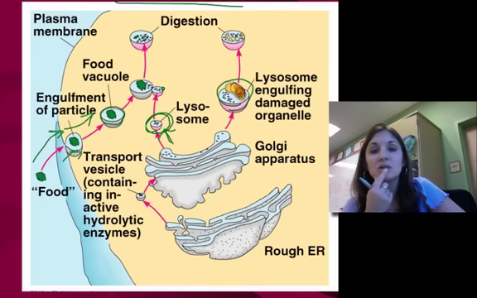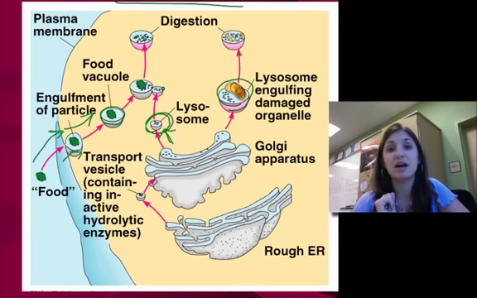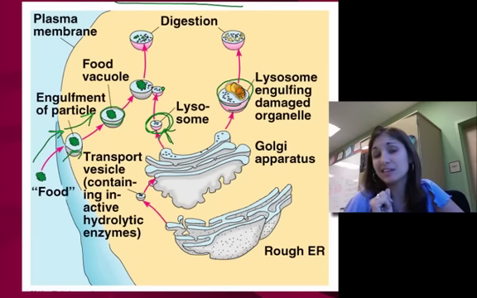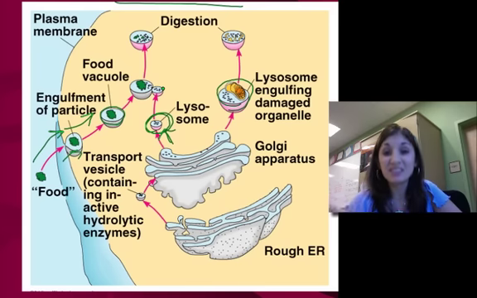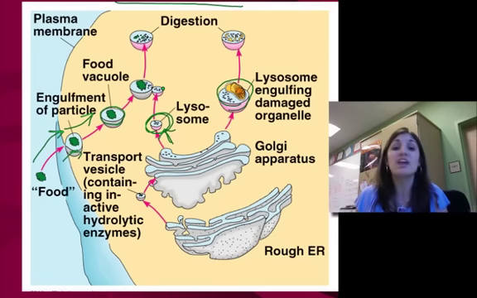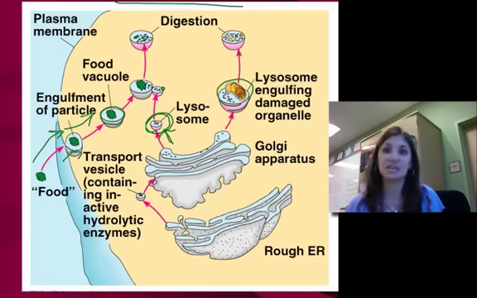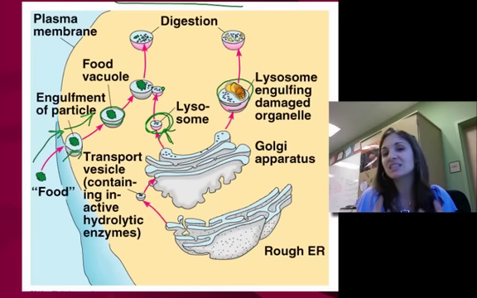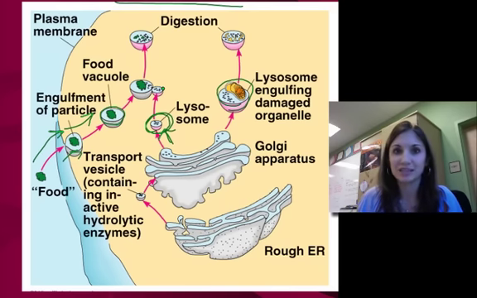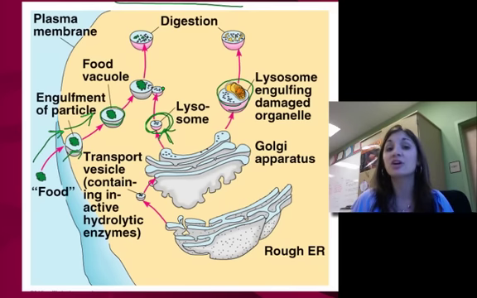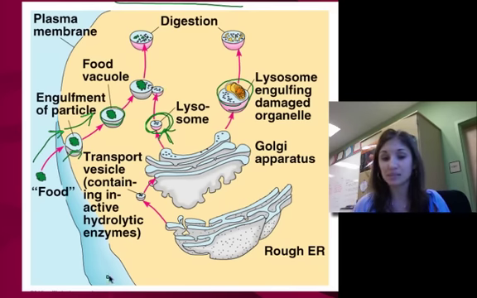So why is it important to have these vacuoles? Why is it important to have lysosomes? Well, imagine what would happen if you didn't. These digestive enzymes would be loose in your cell and you'd have no way to regulate what's getting digested, what's getting broken down. So packaging these in lysosomes allows us to control and prevent the cell from getting digested from the inside out. Some cells, when they're going through the process of apoptosis,